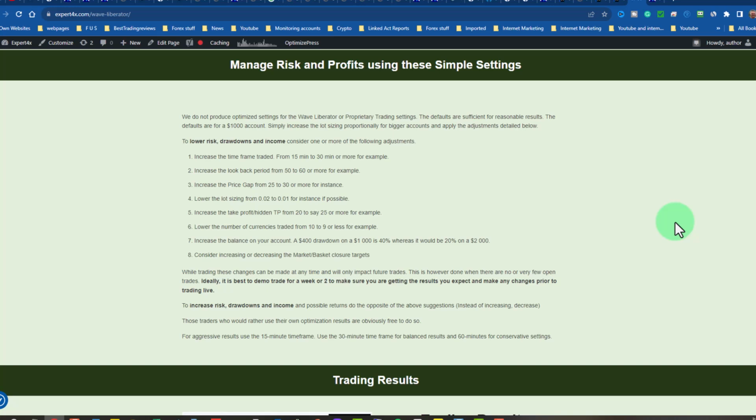That's how I do it. I just take the defaults, trade them, make changes on a continuous basis, and after 2 or 3 months I have almost perfect settings in place. Now you don't need to take 2 or 3 months. You can just do it in 2 or 3 weeks. It's important that you go through this process and experience the big changes that can be made to your drawdown